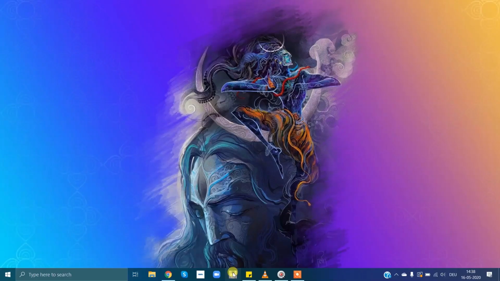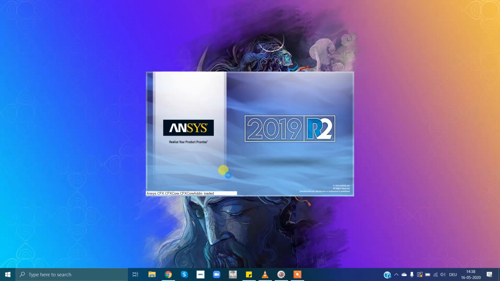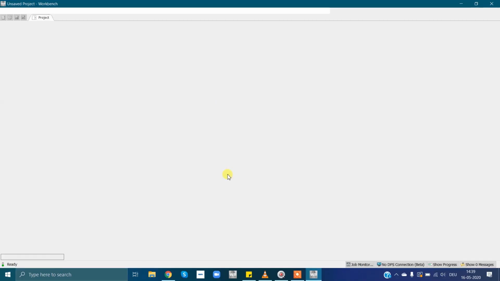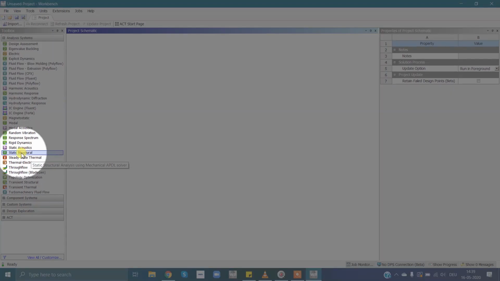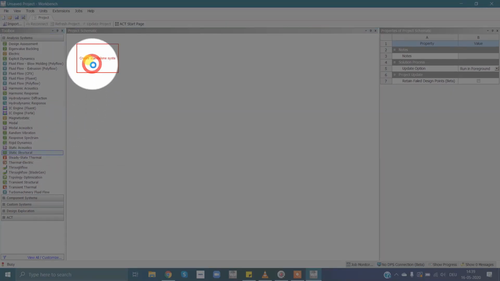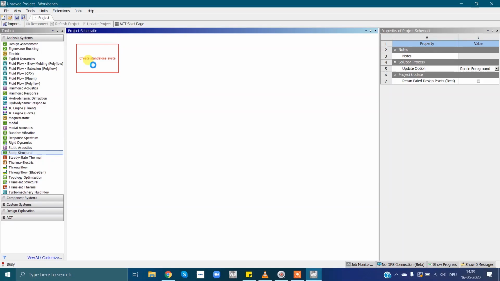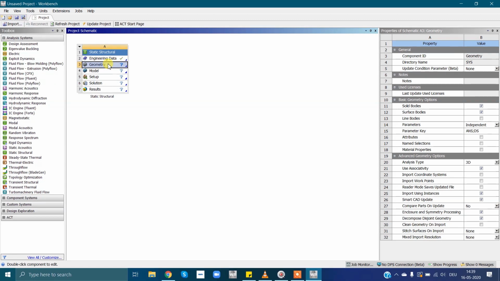Simply click on Workbench. It will take some time. Just wait for that. Now, when ANSYS is opened, we will simply import one analysis system. I'll import static structural. Simply drag and drop it here. Now, we will keep engineering data as it is and we will simply go to geometry. Just right click on that